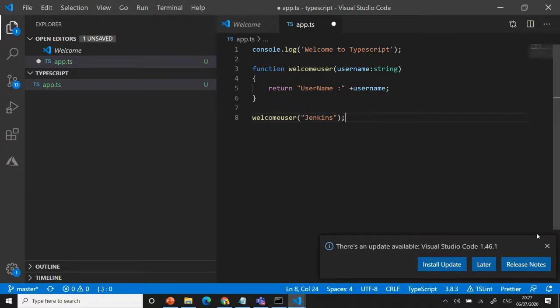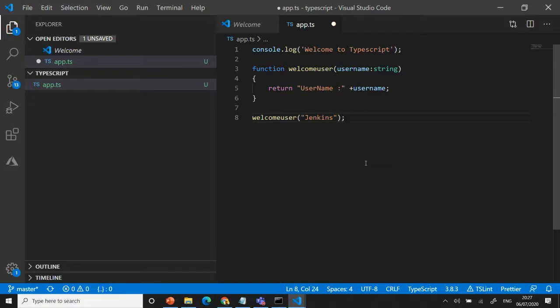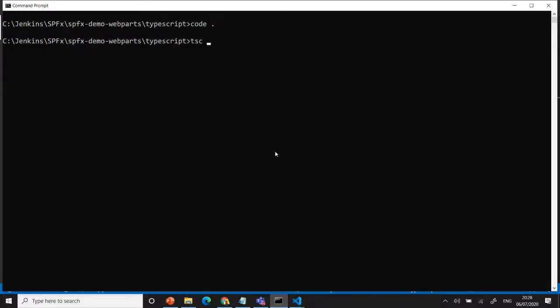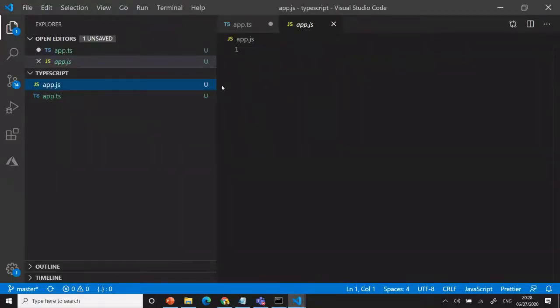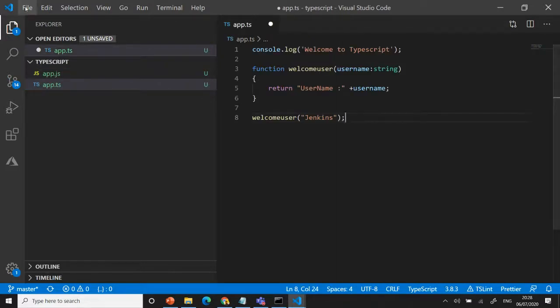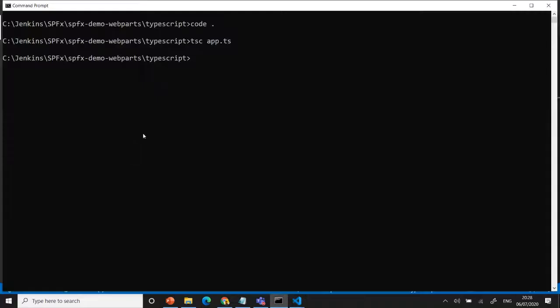How to call it? It's nothing to execute directly. You need to convert this TS file to JS. That's the first thing you need to do, otherwise it will not work. For that you need to use tsc app.ts. What it will do is compile and create one file for you, app.js. Okay, now you understand how whatever you're doing in TypeScript will convert as a JS file. Oh, sorry, it's not saved. One second, I'll do it.